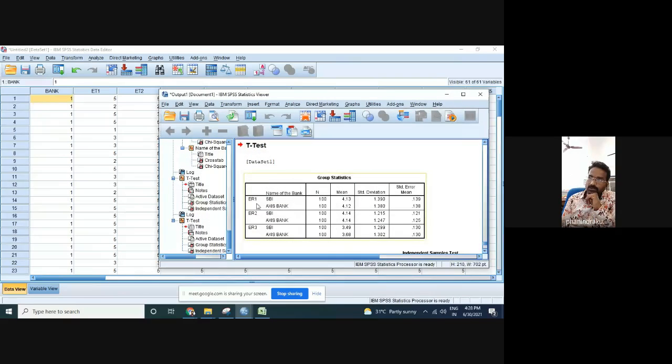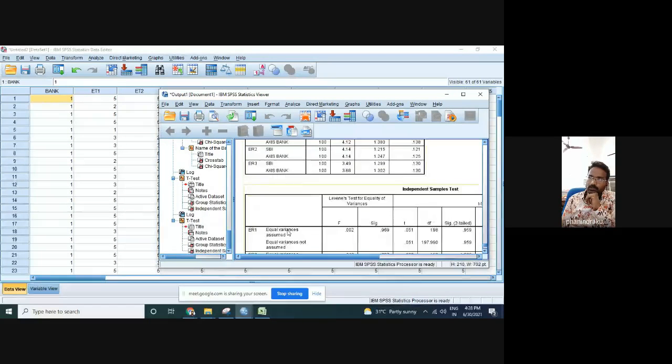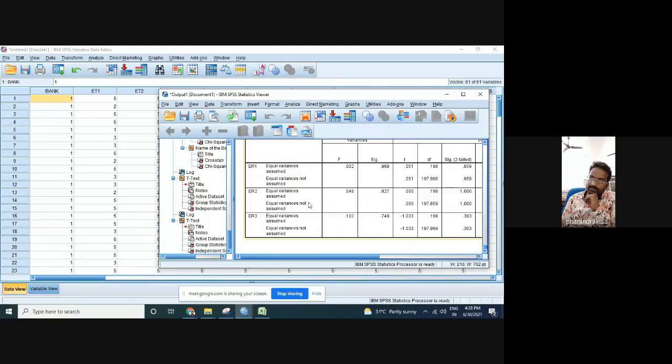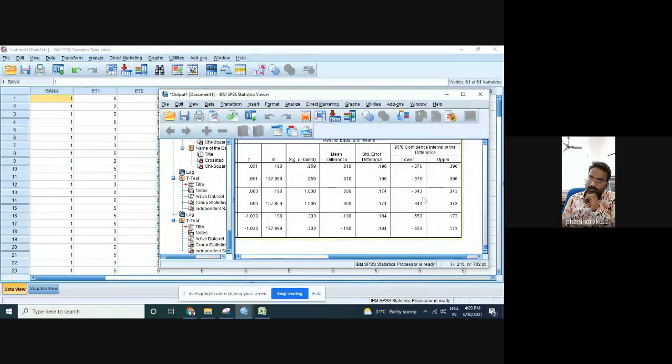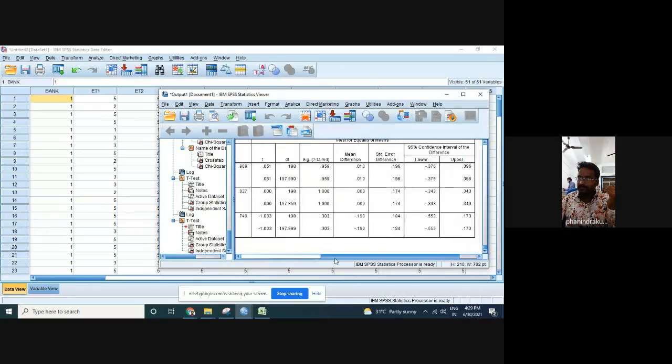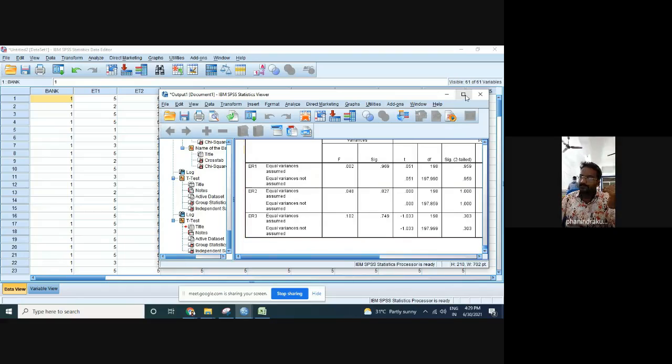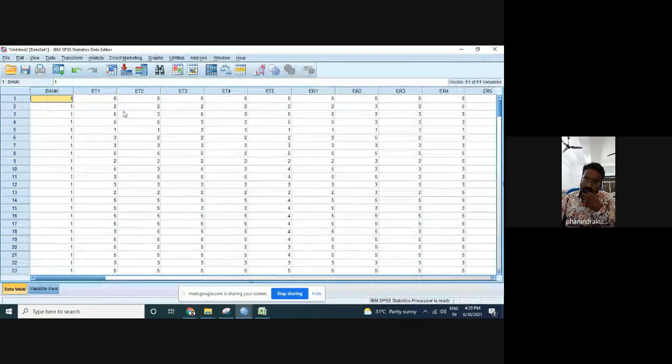And click on OK. See, now we got ER1, ER2, ER3 as groups. And see, for ER1 we have got a separate analysis, ER2 separately, ER3 also separately. We can see degrees of freedom, the t-test, the difference of mean, the standard error, and the upper bound and lower bound. It means that between the standard error, if the calculated value is within the 0.05 level of significance, it will reduce something and add something. This is the 95 percent confidence interval of the difference, with a lower boundary and an upper boundary. Is it clear now? Independent sample test.